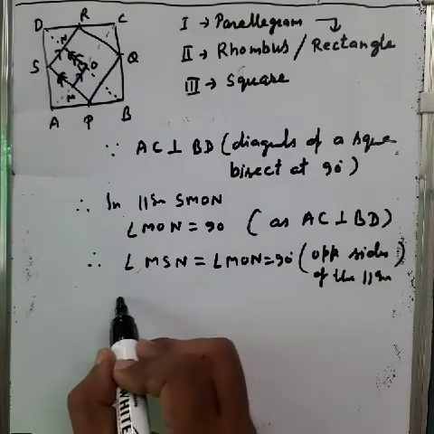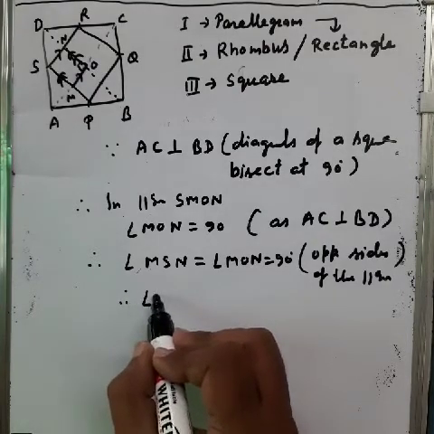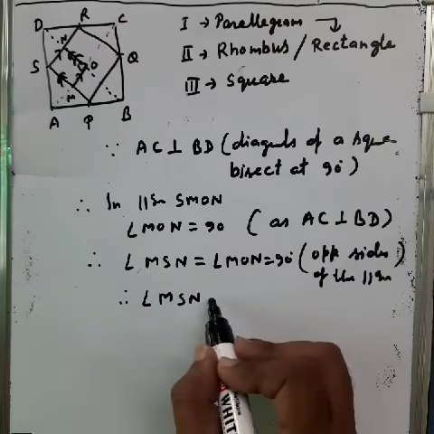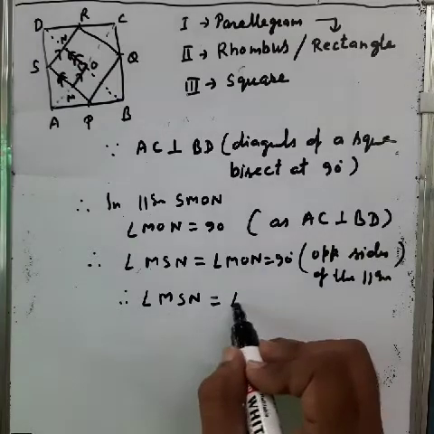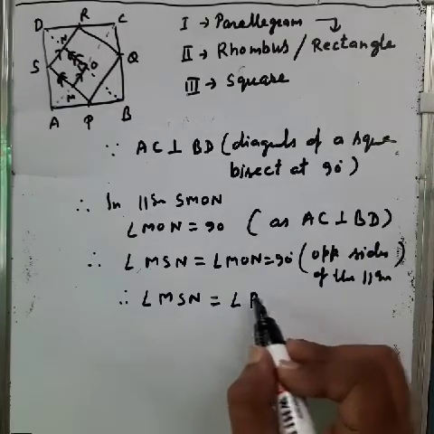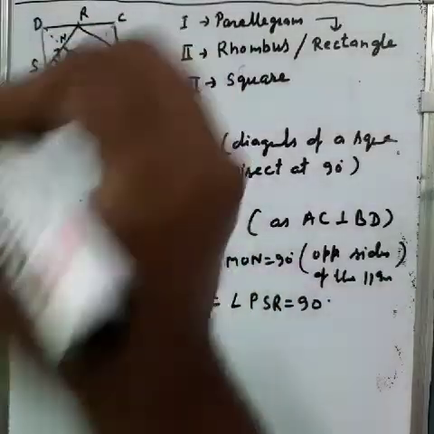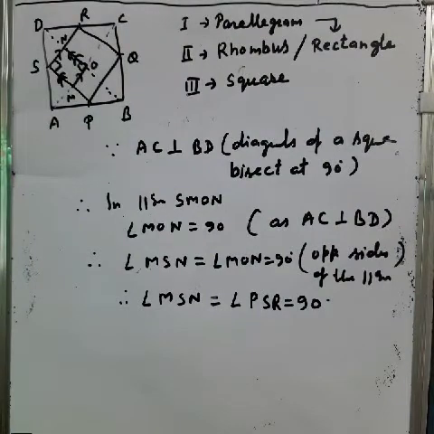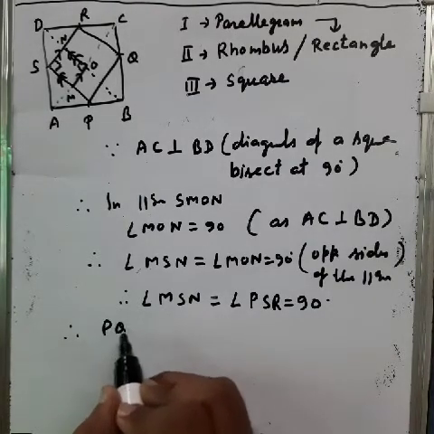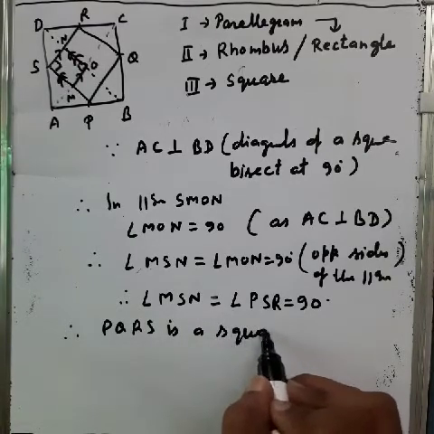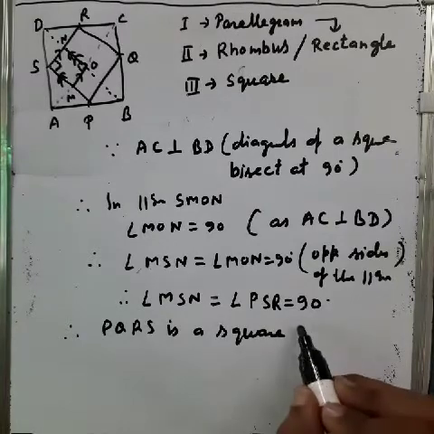Hence we can say angle MSN, or angle PSR, equals 90 degrees, because the angle is the same, this angle. So angle MSN or angle PSR equals 90 degrees. Now you will say hence PQRS is a square. Reason: